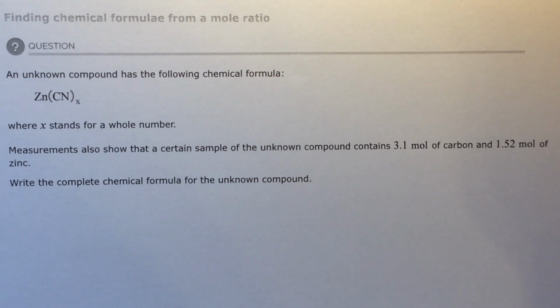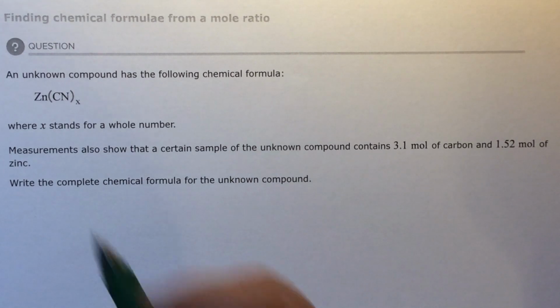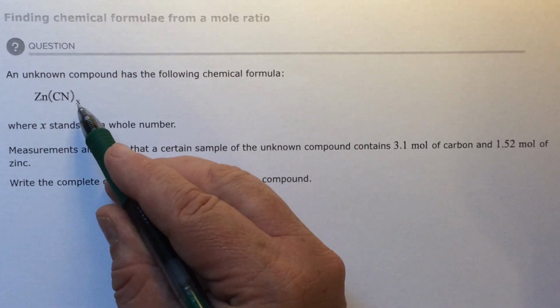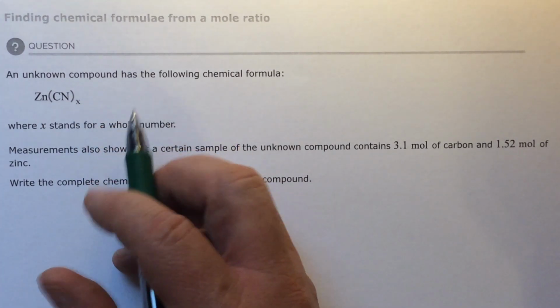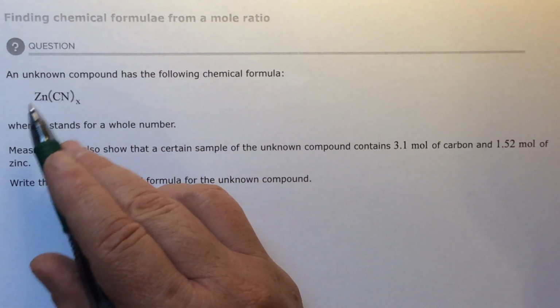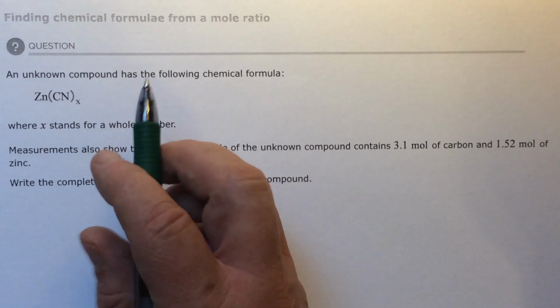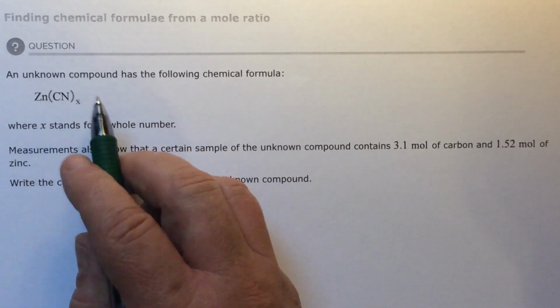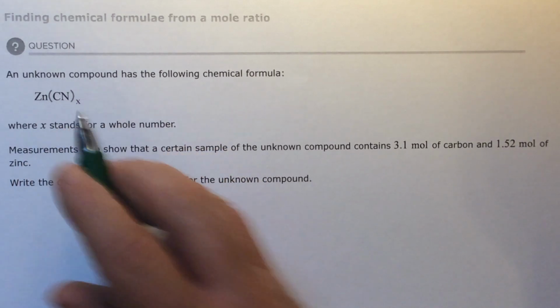In a previous topic we did the opposite of this. We found mole ratios from a chemical formula and realized that if you have a chemical formula you can make a ratio. So in this case we have an unknown subscript. We don't know what this number is. It's a whole number. Okay, so it would be a 1 or a 2 or a 7 or something like that. It's probably not a million, but it is something, and we could guess it based upon the fact that